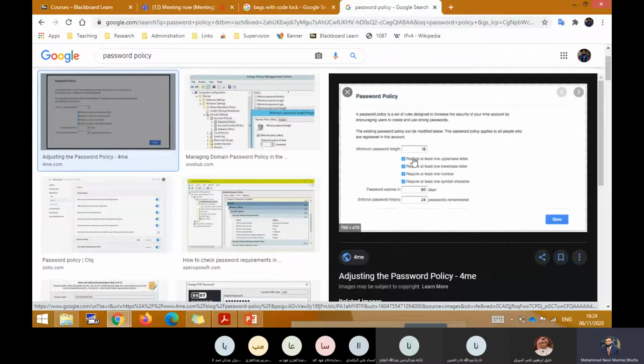They can say, for example, minimum password length, for example, 18 characters. There should be at least one uppercase, one lowercase, one number, and one symbol. These are some of the requirements which are called the password policy.